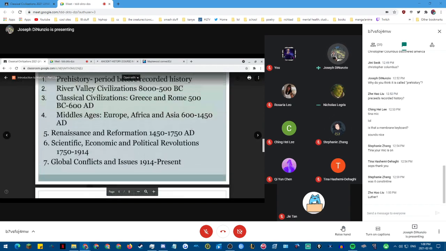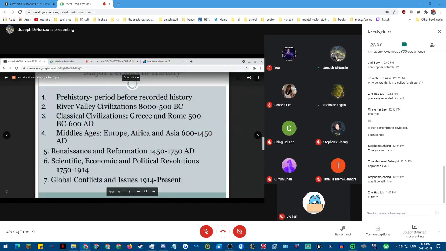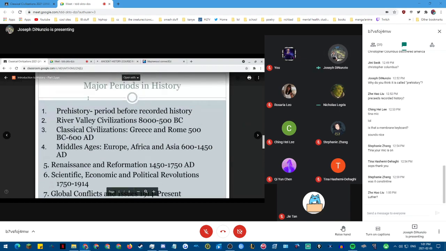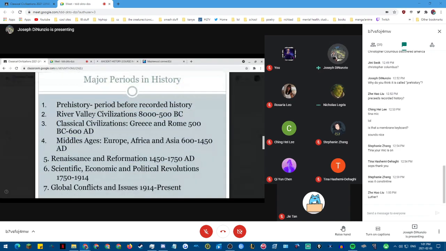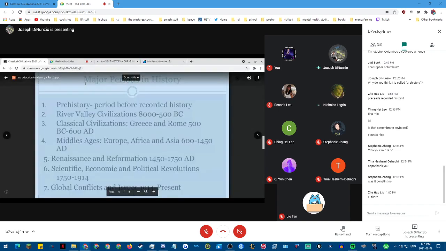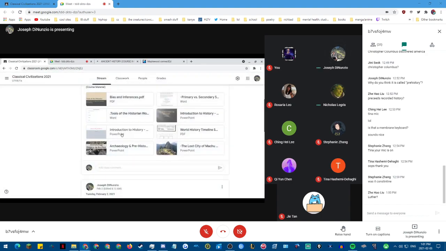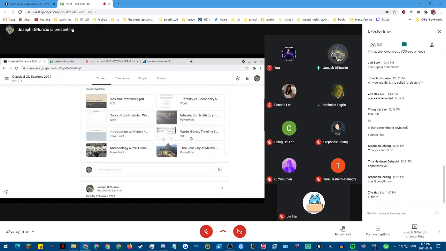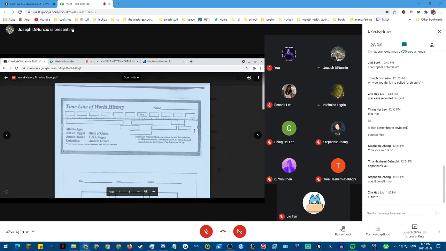So again, this is a lot to throw at you right now, but these are just the major periods. I think that these 7 are also really important. If you can categorize it like this with these 7, it's a good way to remember history timelines. So what you're going to do for me right now, taking a look at this sheet, it's a PDF sheet.